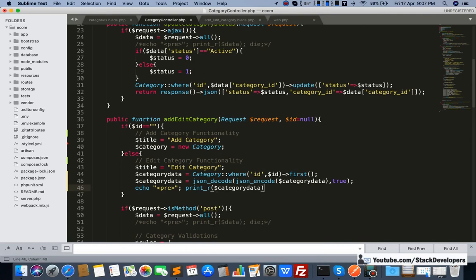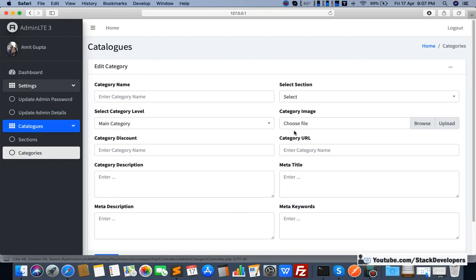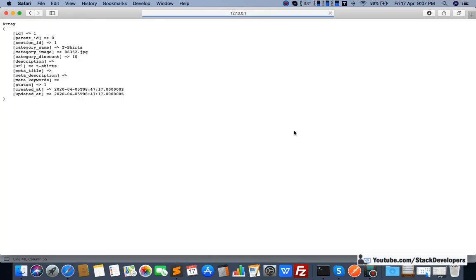You can check that all the category data is coming here. See, the ID is 1 here because we want to fetch the category data of one ID.